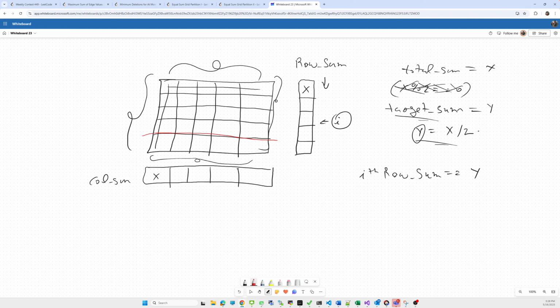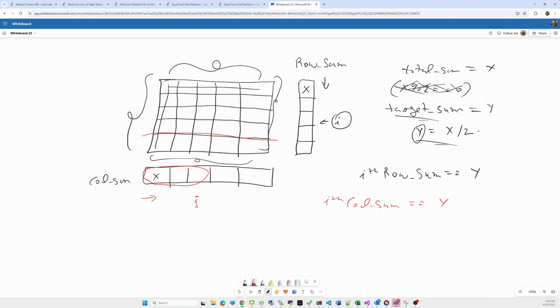So for that we iterate over the column sum. The same approach we did for rows, we do for columns: we check whether the sum till the jth column is equivalent to y.